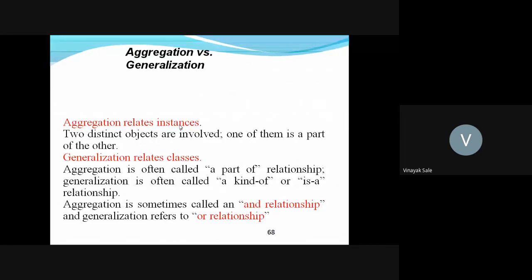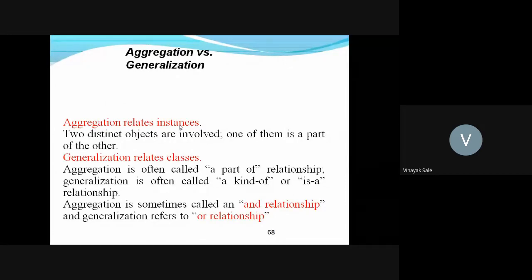Aggregation is often called a part-of relationship. Generalization is often called a kind-of or is-a relationship. Aggregation is sometimes called a has-a relationship, whereas generalization is referred to as an is-a relationship.